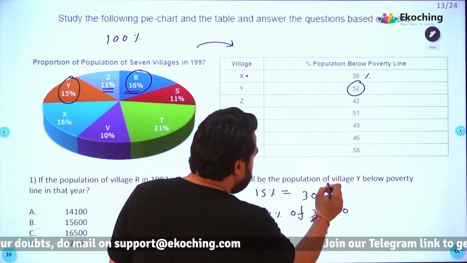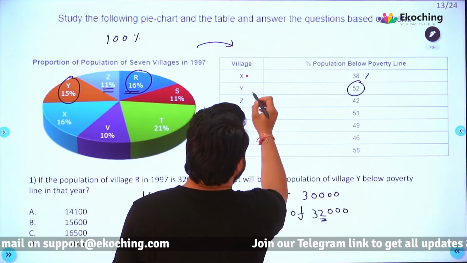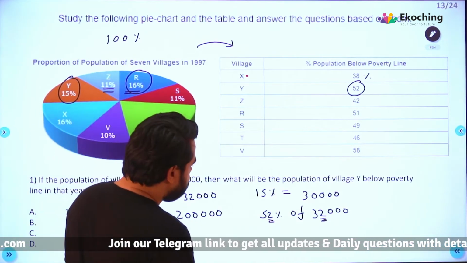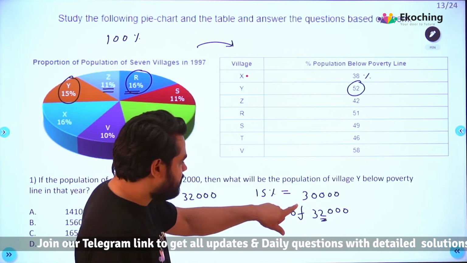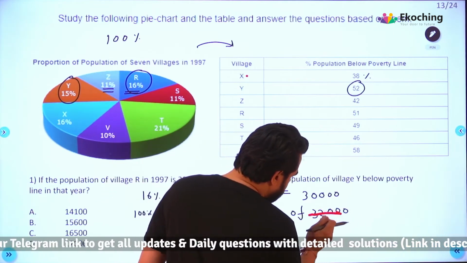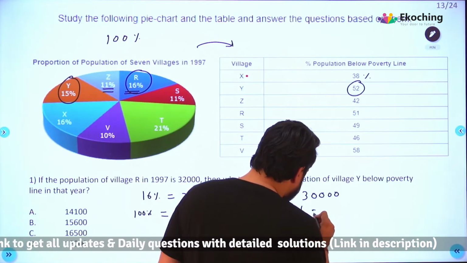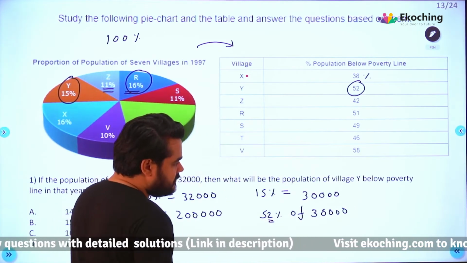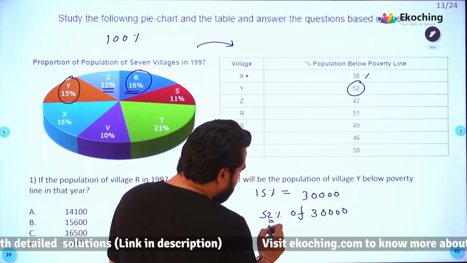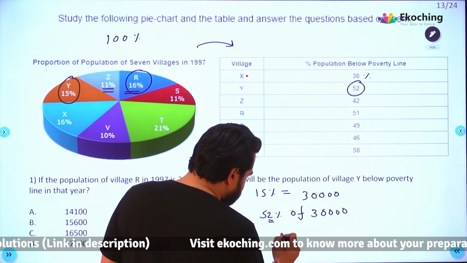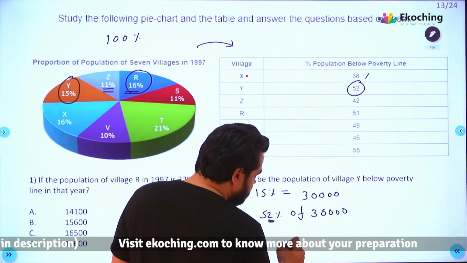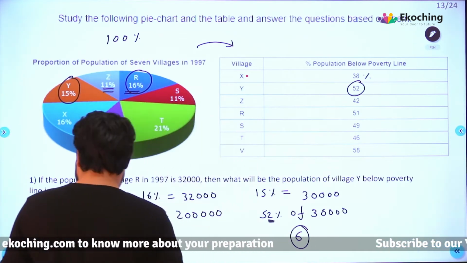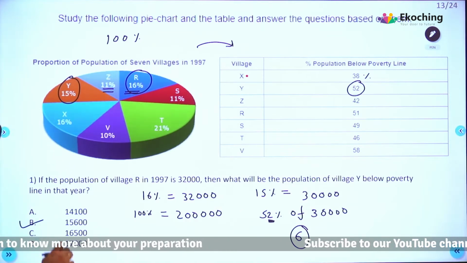राइट? सो पॉपुलेशन ऑफ Y का ही लिया है ना हमने, हाँ Y का ही लिया है, और यहां पर भी Y ही है 15%. ओके, नो इश्यूज. चलो, सो 15% 30,000 हुआ. ओ शिट, यहां पर मैंने 32 ले लिया. ओ माय बैड. 30,000 लेना है. My bad. Once again, let's go to the last digit. So the last non-zero digit is going to be 6, because 2 into 3 is going to give us 6. Last non-zero digit. 6 कहां पर है last non-zero digit? यहां पर. So B is the answer.